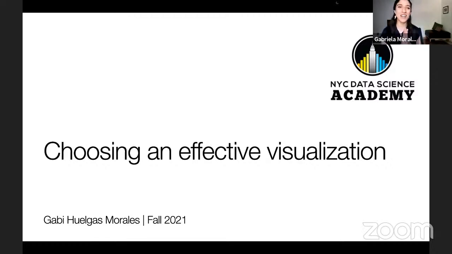Okay, so without further ado, I will get started with the content of the webinar. I want to start by saying how important it is for us to present our work as data scientists or just as professionals. It's super important to be able to communicate your results in an efficient way. If you can't communicate your results, it's almost as if you hadn't produced them. So really getting your results to the target audience is one of the most important steps. If you miss it, then your work was worthless.